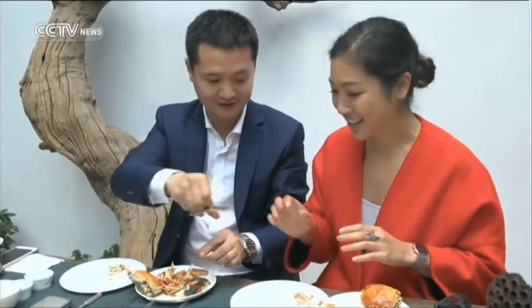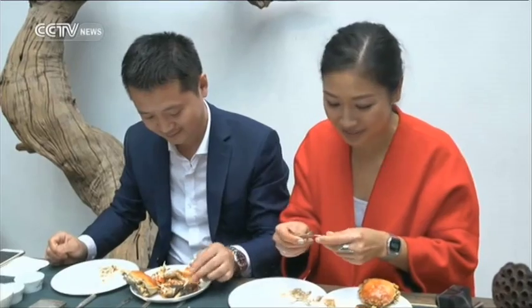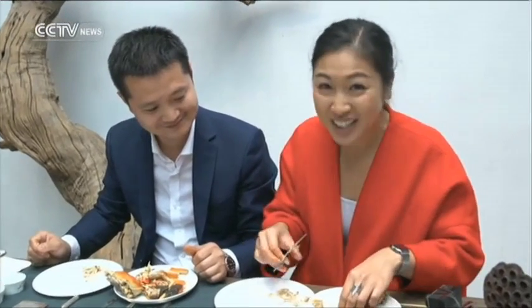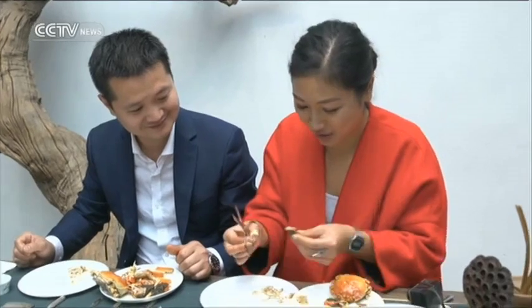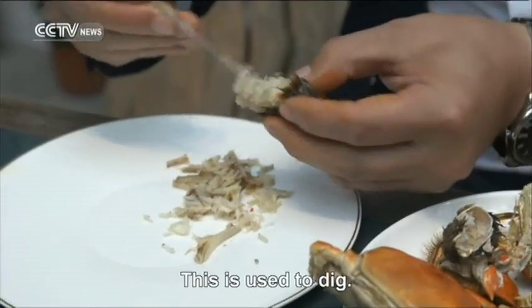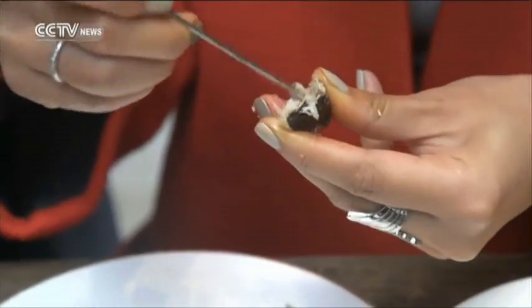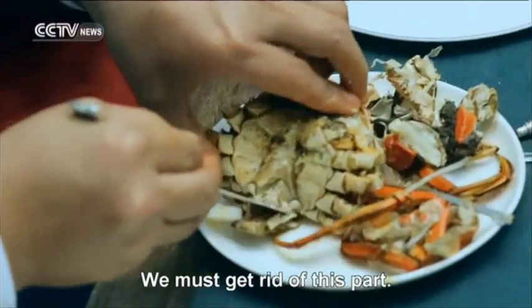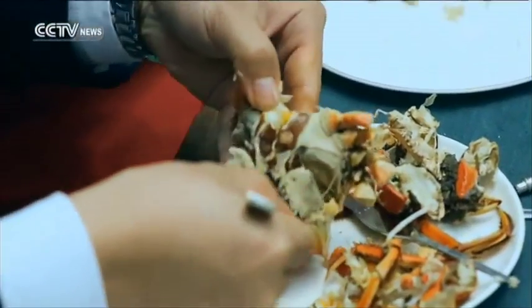You know, give me a slab of steak any day, some lasagna, something that doesn't require too much effort. But even chicken to me is a little bit fiddly. This is like, wow, struggle street. 这个是拿来挖的。对。The scooping instrument. Scooply dooply dooply. 把这个先去掉。然后再伸进去，把壳再剥出来。